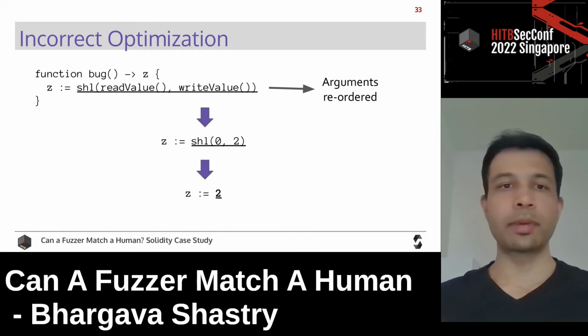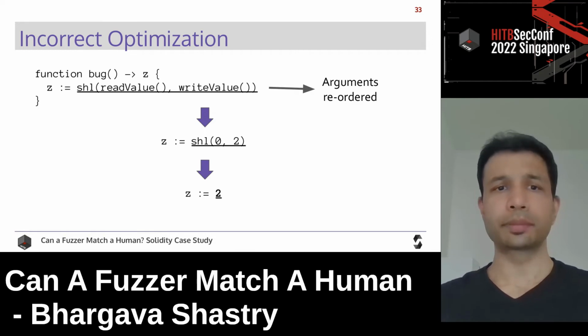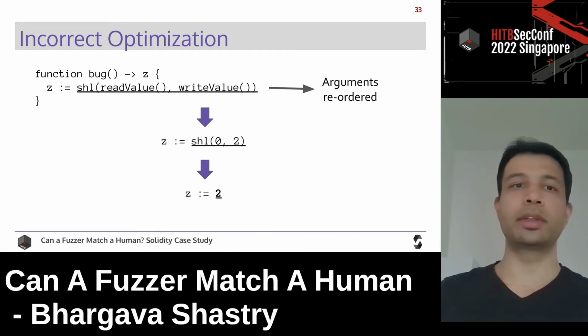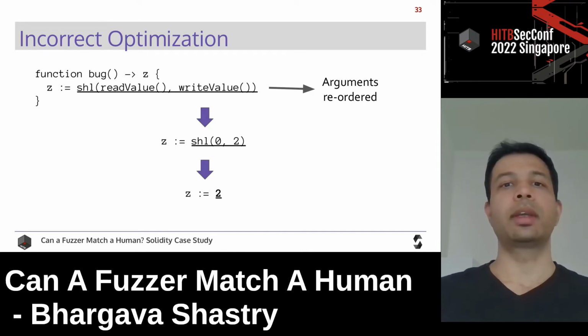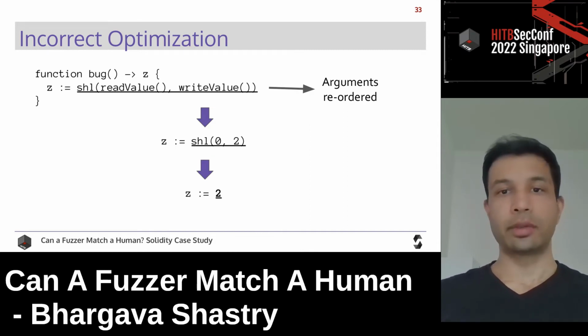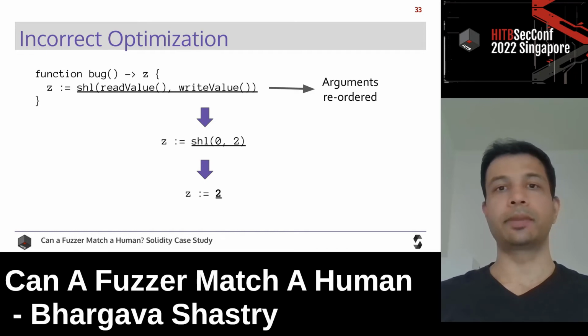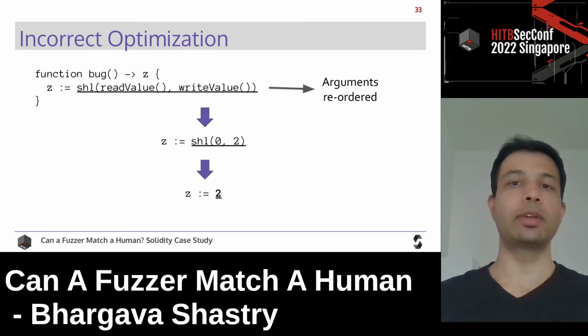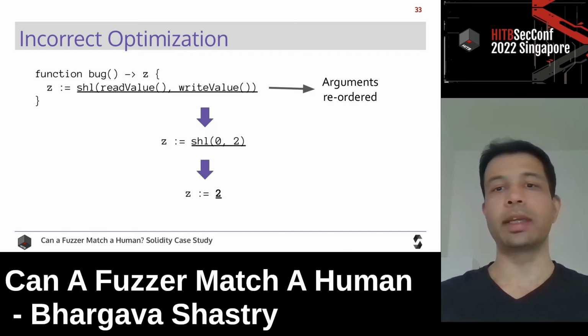So if we were to simplify this, what would happen is we would evaluate read value first, which would return 0 because it's not been written to, and the write value would return 2 as before. This means 2 is being left shifted by 0 bits, which is equal to 2. Clearly 2 and 8 are different values, and this is why the fuzzer flagged this as a bug,